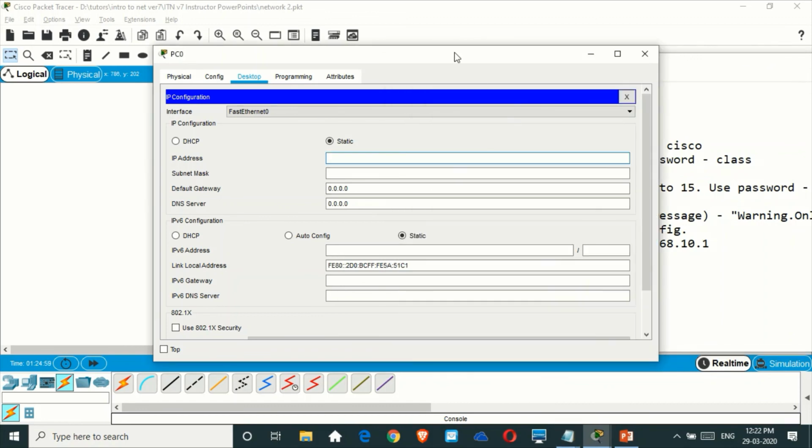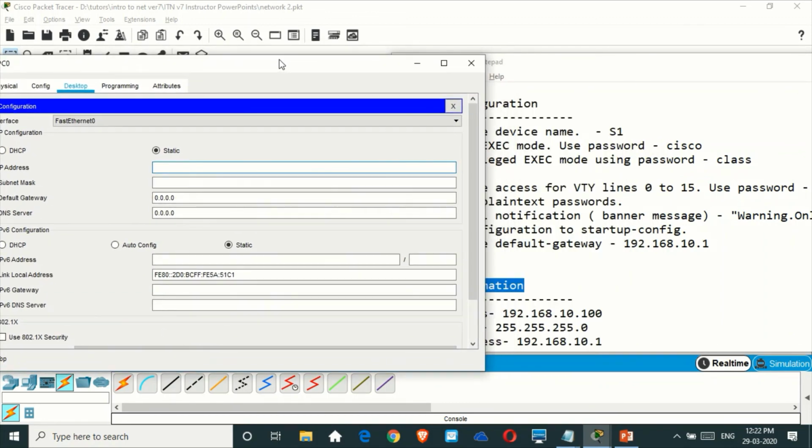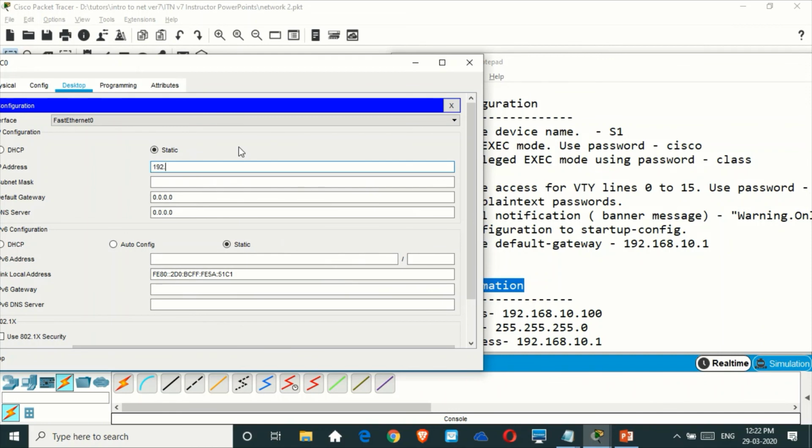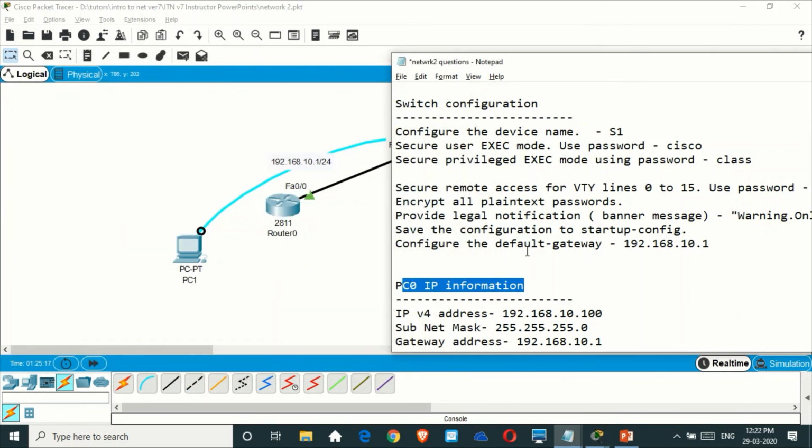So these are the IP address: 192.168.10.100, subnet mask 255.255.255.0, and the default gateway is given as 192.168.10.1. That completes this exercise, and I hope you understood all the switch and router configuration, and also how to configure the PC in this networking 2 practical. Thank you for listening, and have a great time.